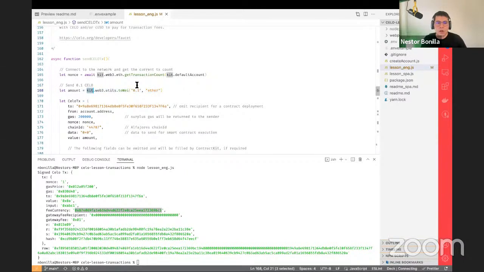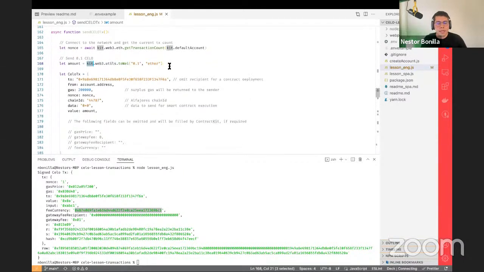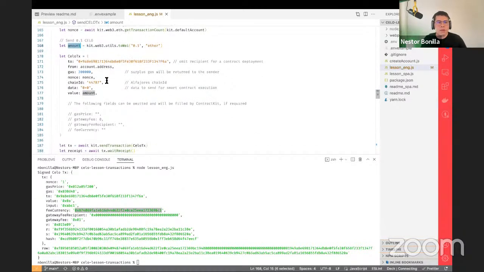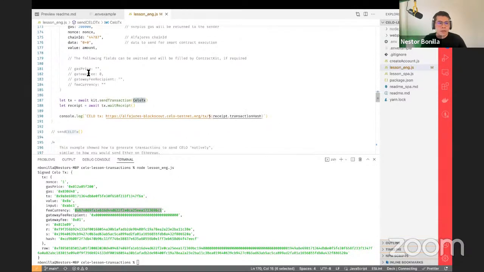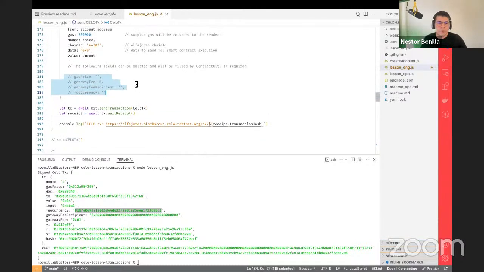So we're defining here that the amount we're going to send is 0.1 Celo. And that's pretty much the transaction. All these other fields are optional, and we're going to see that later.